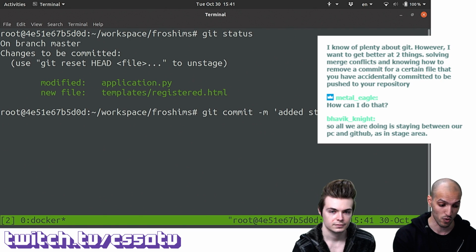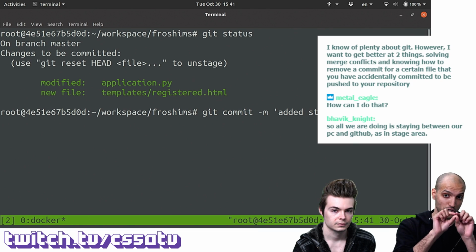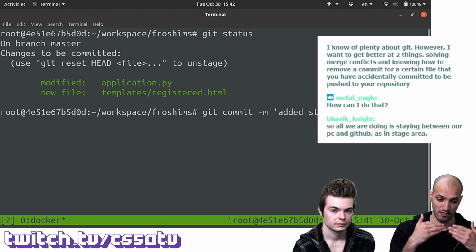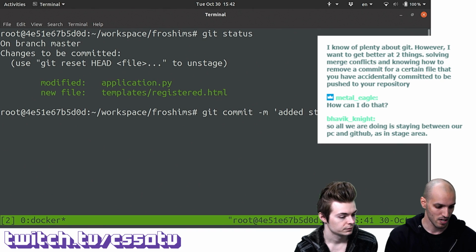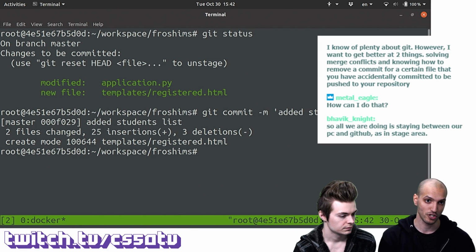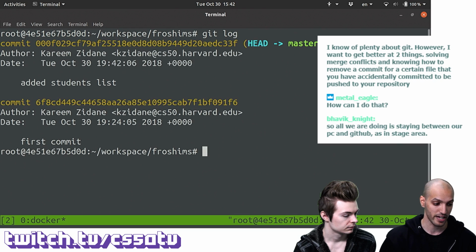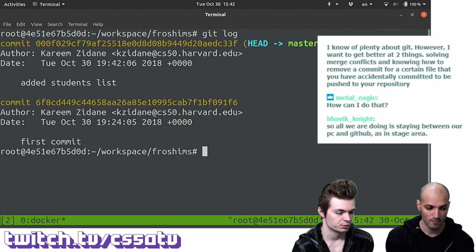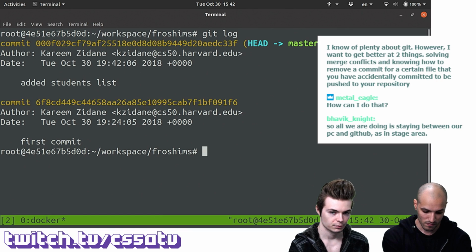But if you find yourself wanting to add more details, then you can just do git commit, get back to the text editor view, add a short description on the first line, and then a couple of lines later, you can add a more detailed description if that's something that you want. So in this case, I'm just going to commit the changes. Git is going to tell me what changed briefly. Just to verify, I'm going to do git log again, and now I see these two commits. Nice, and it shows the most recent one on top. So at a glance, you can see immediately what the most recent commit was.